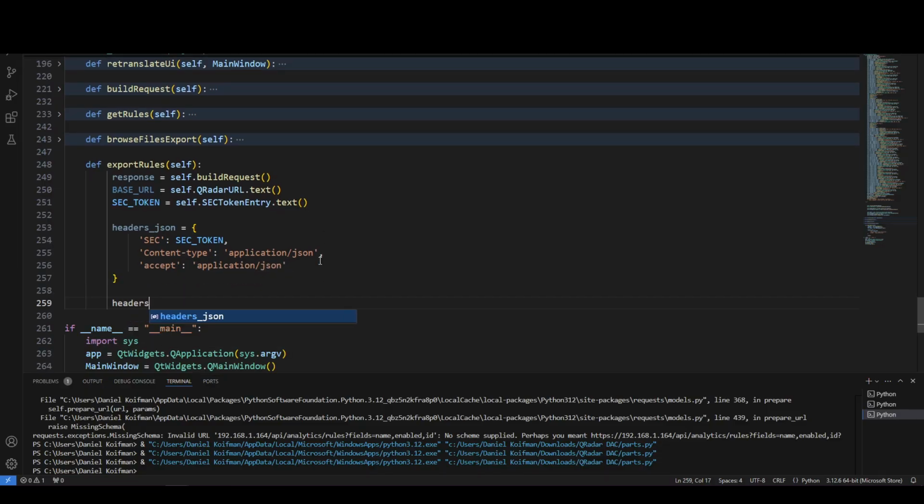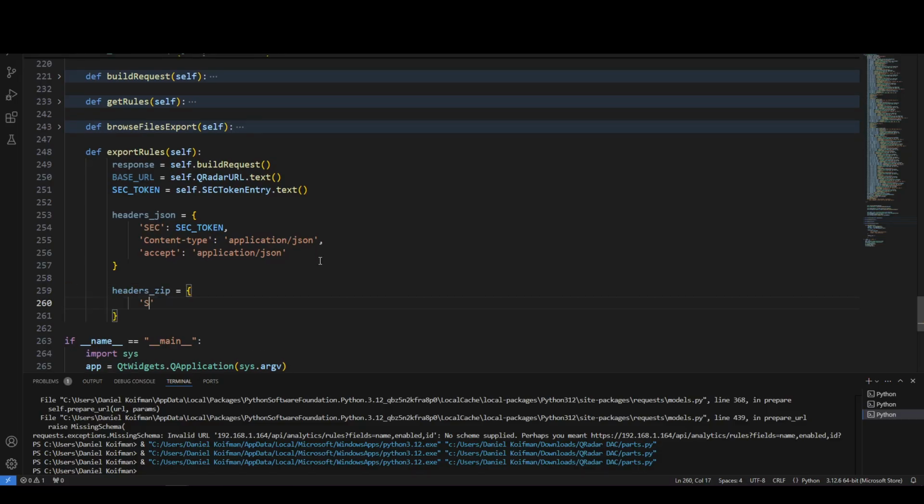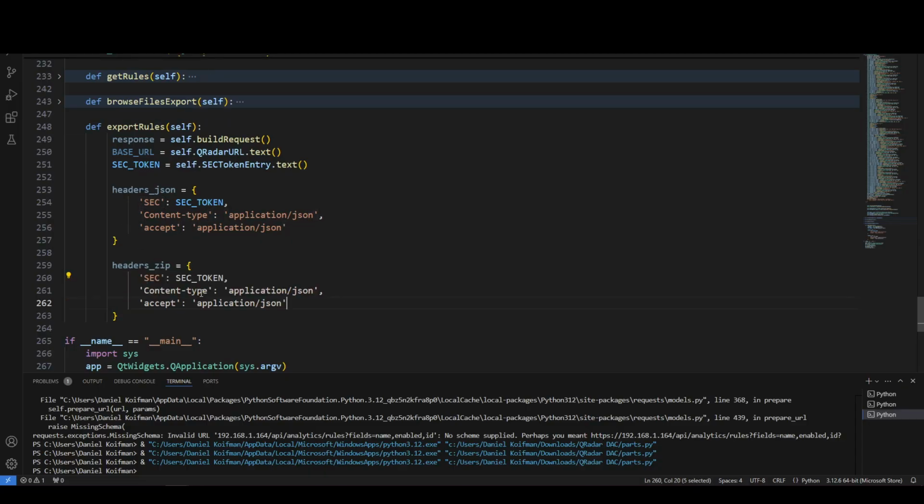And headers zip. You can just copy this and change to zip. Okay. Now,